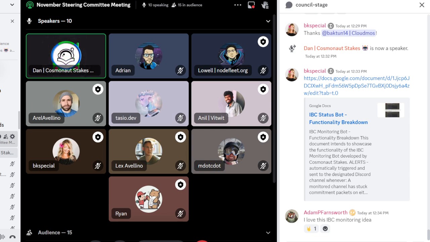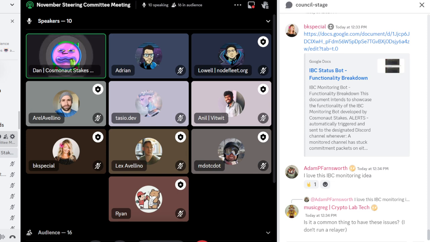And in addition to this, let's say you rely on passage osmosis and you're interested in if something's wrong there, you want to take action. You can actually use a command to add your Discord tag, and you'll receive all notifications which are related to one path. So let's say, passage osmosis. And that's pretty much it.